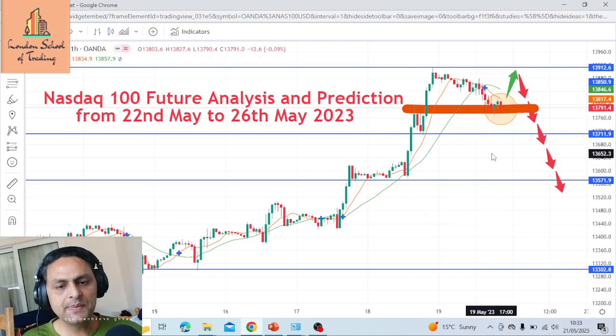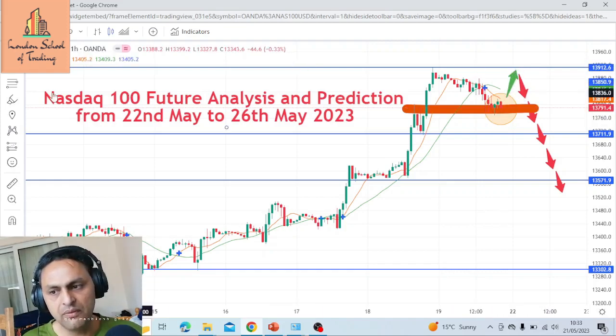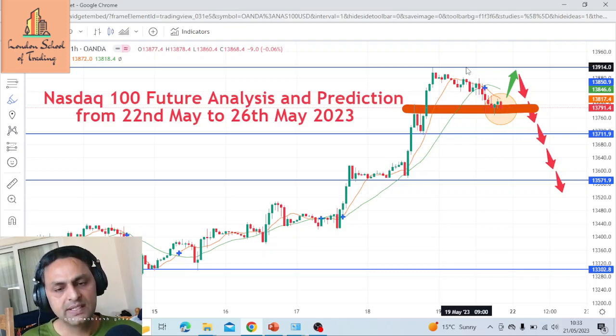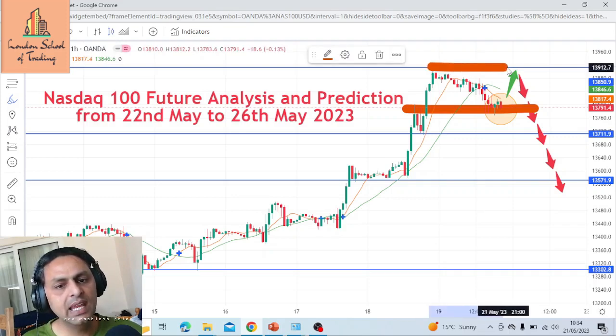So guys, we have checked the data, and those data they are supportive for the Nasdaq 100 future. So we might go few hundred points up this week, if there is agreement in debt ceiling. If there is not agreement in debt ceiling, those data will be overshadowed by debt ceiling news, okay? So if we don't see any agreement in debt ceiling, then what will be the impact in the market?